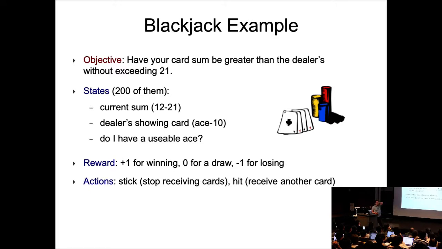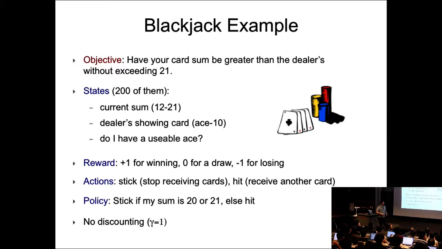The reward can be set up as +1 for winning, 0 for the draw, and -1 for losing. And the action is you either stick, basically say, I'm not receiving any cards, or you hit. You basically want to receive another card. So depending on whether you have a usable ace and what your opponent is showing, because right now you're making these decisions of whether to hit or